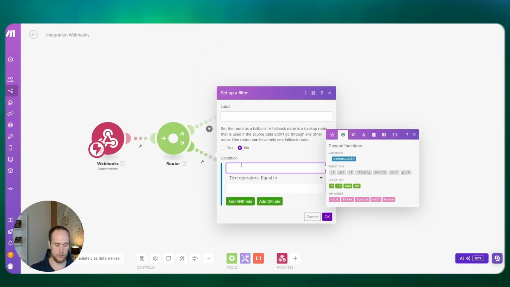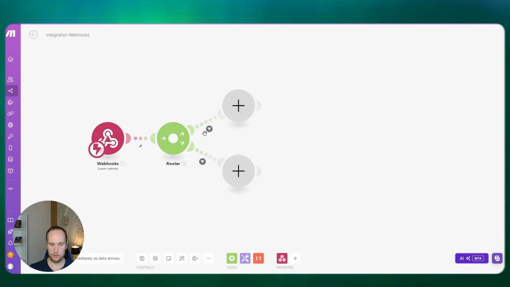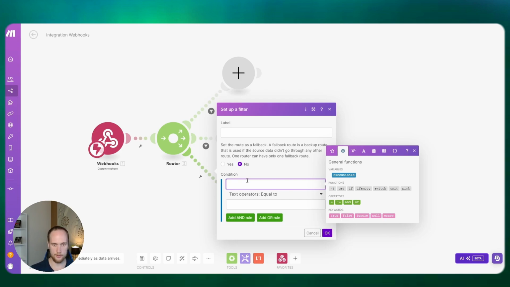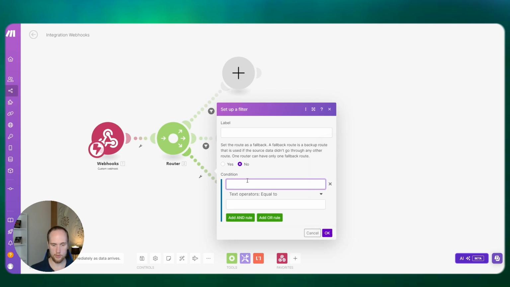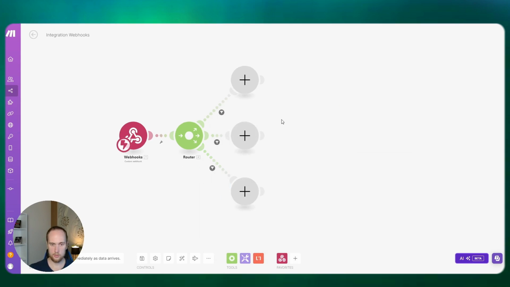Another one will be a function call. And the other one that will come through is an assistant request. Cool.